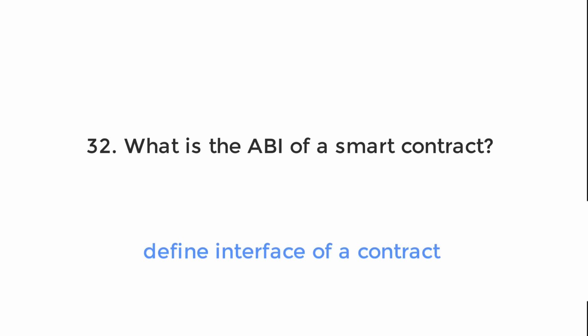The ABI defines the interface of the smart contract, which means the set of functions that can be called from outside the smart contract. It is used to interact with the smart contract. The ABI is used outside of the smart contract by Ethereum client libraries like Web3. The ABI only defines the function signatures, so that means the function name, the argument types, and the return types, but it does not define the implementation of the function. The ABI also defines the events of the contract.